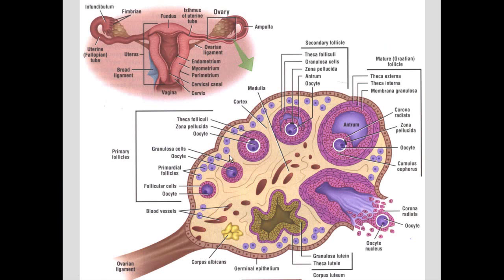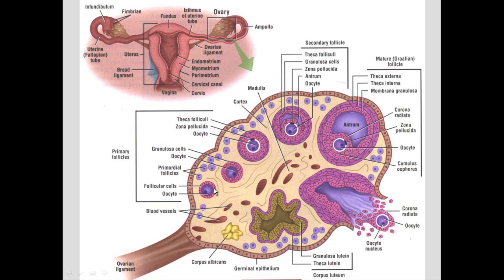The main player here, of course, is the ovary, and the ovary has simple cuboidal epithelium on the outside. That's the germinal epithelium, as they would call it. It's not really germinal at all, but it's just a covering that goes around it, and that rips open every time ovulation occurs. Just underneath the germinal epithelium are a host of primordial germ cells, and then from primordial you